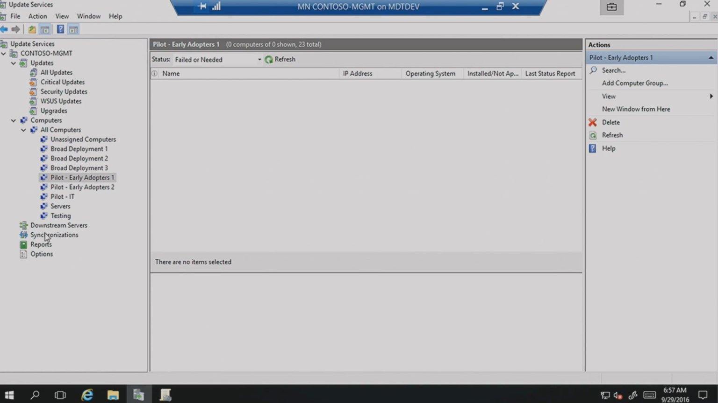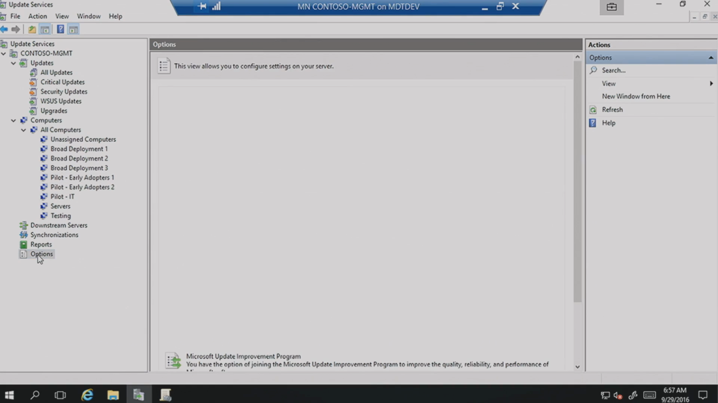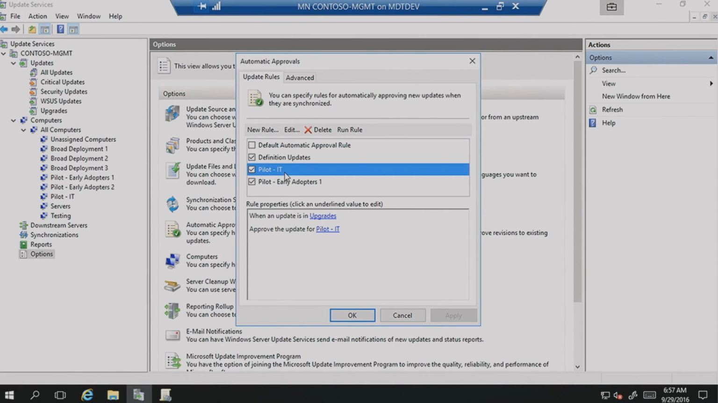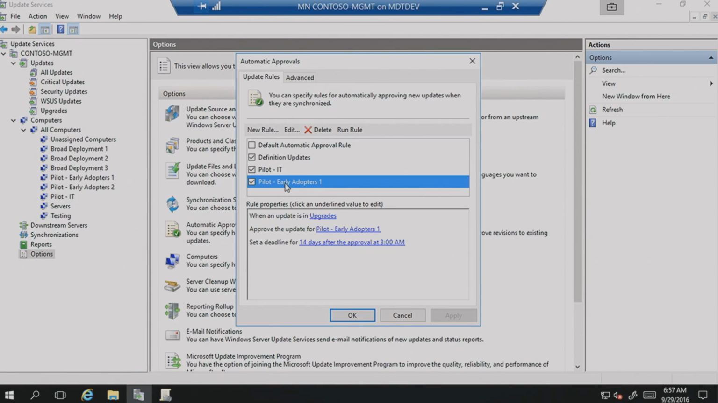Now, WSUS supports doing automatic approvals, and I can specify that for the initial group, I want to automatically approve feature updates as soon as they show up in WSUS so that they begin deploying immediately. I could also specify an auto approval rule that specifies a different installation deadline, really just to give a longer period of time for those to install. But if you wanted to do anything more complex than that, now you're back to just manually going in and